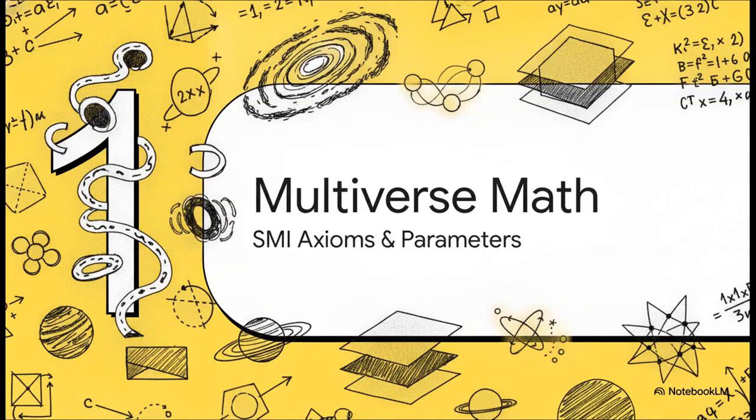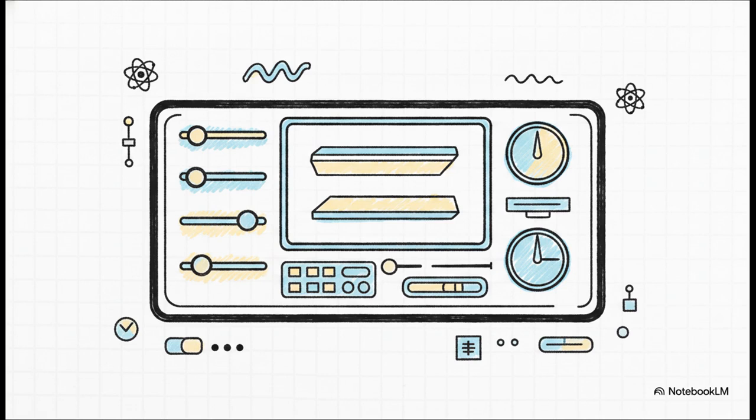All right, jumping right into section 1, the math of the multiverse. You have to appreciate the dense academic terminology they use here. The text doesn't shy away from complex jargon at all. It literally embraces it. It lays out concrete parameters for Brane-World quantum field theory, or QFT. We get these specific SMI axioms, which stands for Structured Multiversal Interactions.